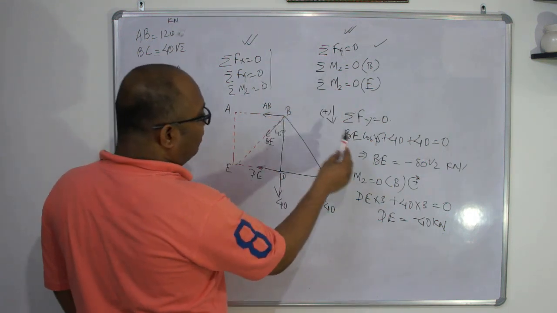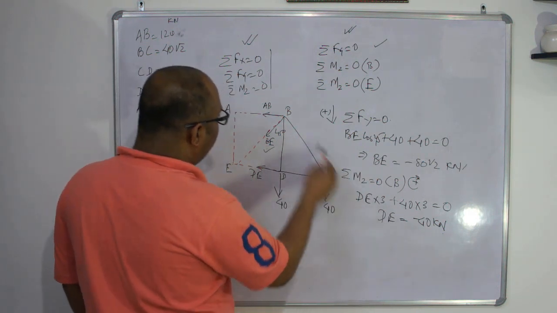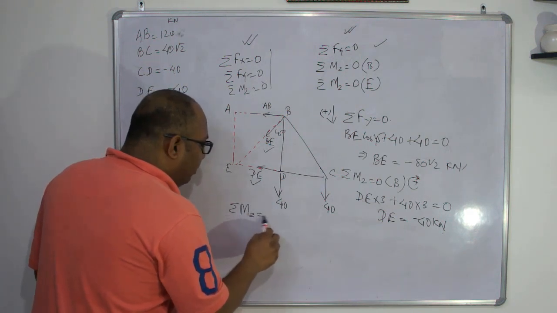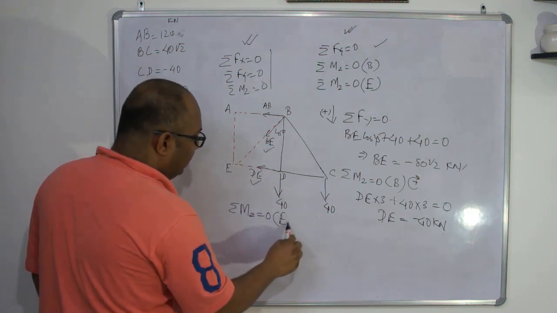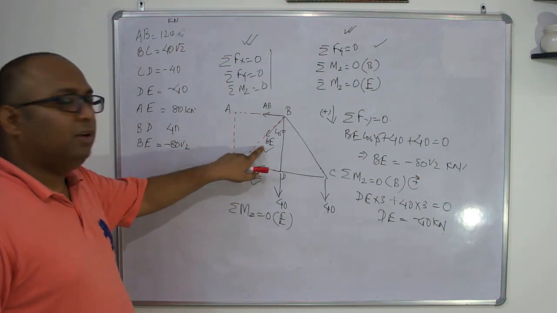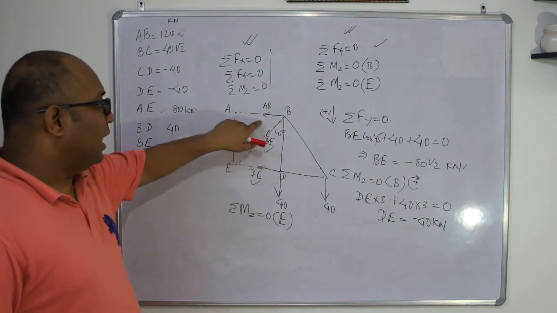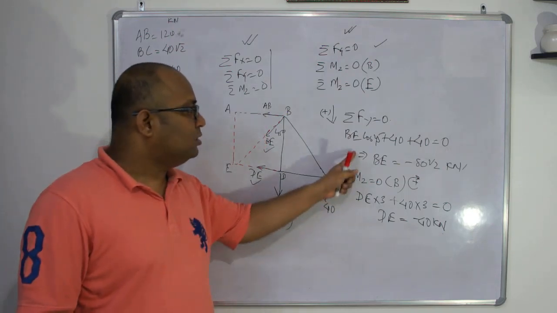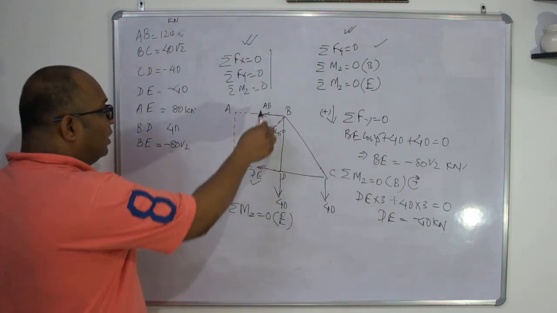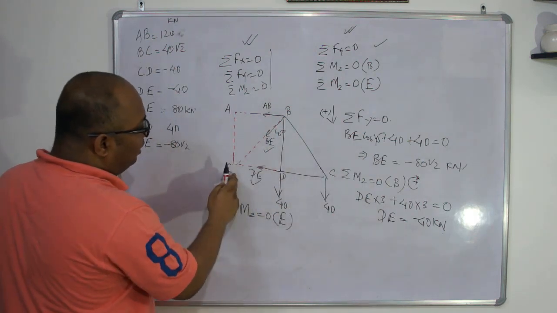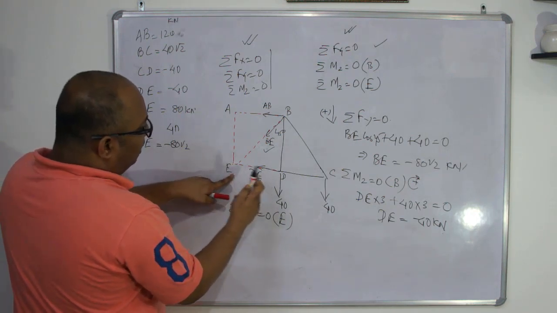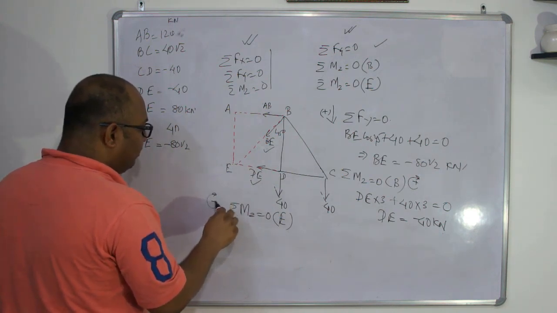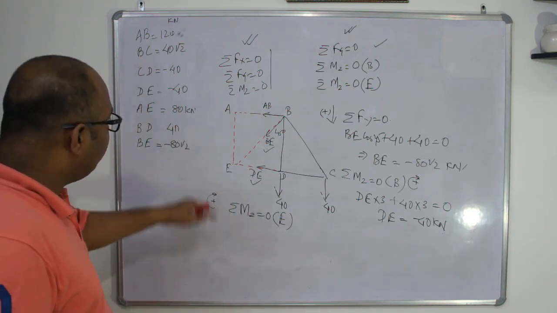We have found the value of BE. We have found the value of DE. Now let us go for AB. So if I take moment of all the force about E, then force DE and BE will not come in my equation, and I will get only one unknown and one equation over here. I am not dependent upon these two answers also. Okay? So let us go for AB now. These two are gone. So what are the forces which are remaining with me? 1, 2 and 3. Let us take clockwise as positive.